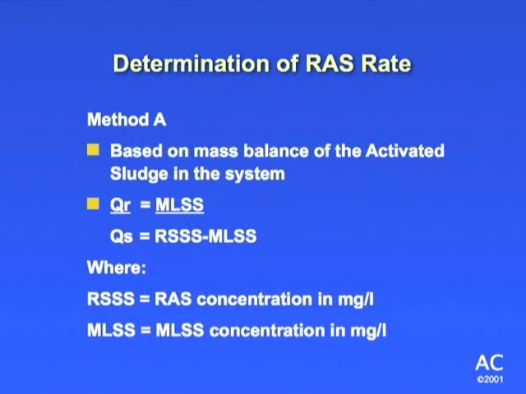So here's one way, method A. You're going to do this based on a mass balance of the activated sludge in the system. If you remember back, the RSSS is the return sludge, the concentration of sludge that settled in your clarifier. That was from an earlier slide. The formula is basically QR over QS, and if you want, you can get rid of those two equal signs in the middle. You should put one right there. It's basically QR over QS equals MLSS over RSS minus MLSS. And again, like I said, RS